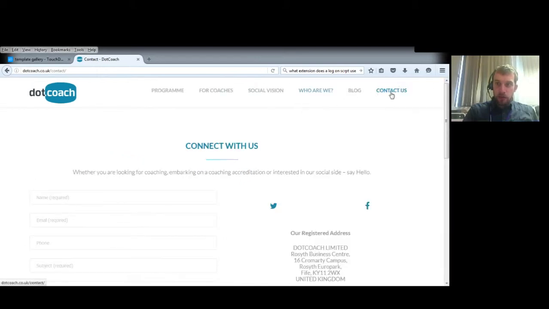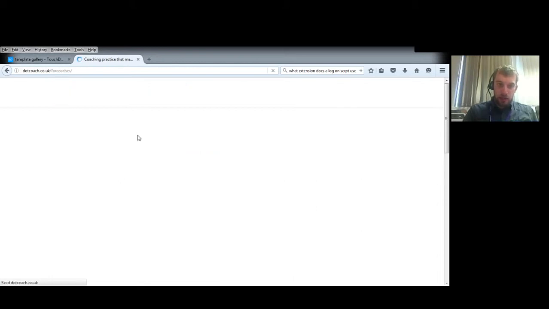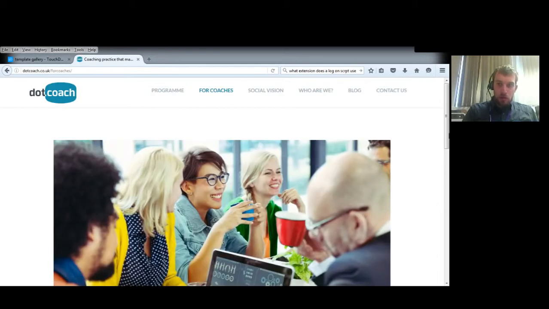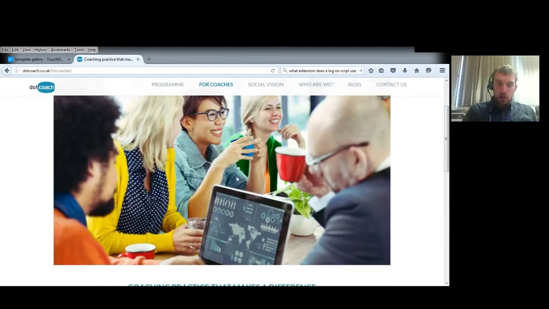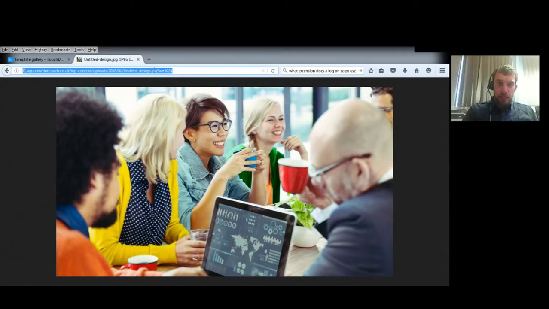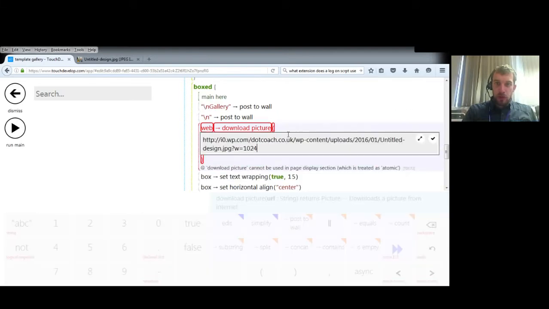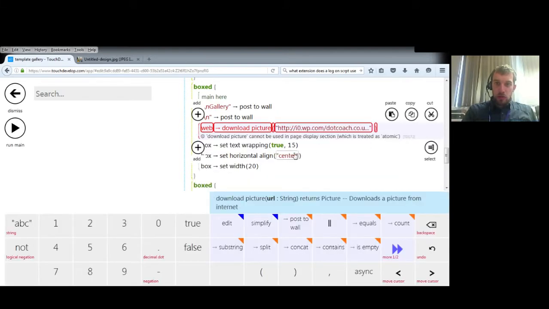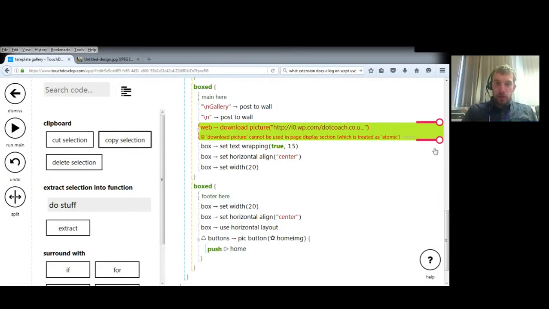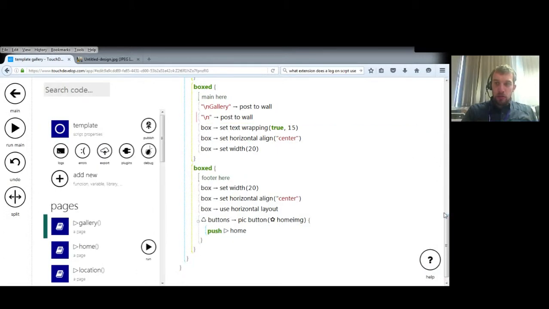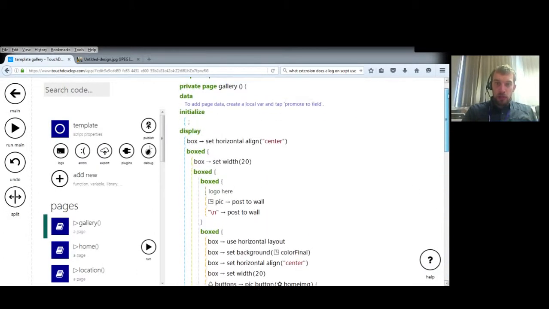If I take that off, for coaches, let's see, I'm trying to find a picture. Okay, so I'm just going to take this one, view image, grab the link again, copy, and paste it in. Now, I put it in the wrong section again. Just make sure to put into,